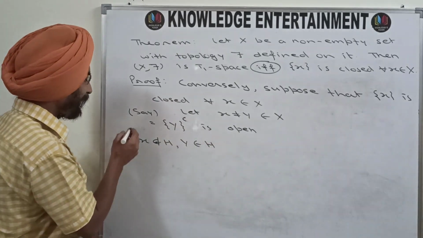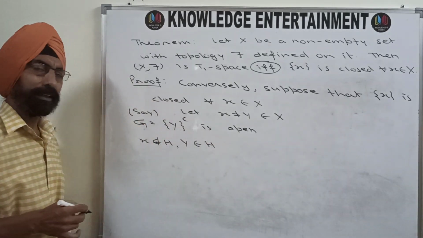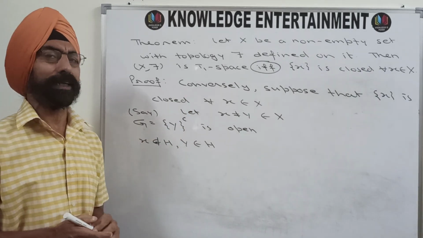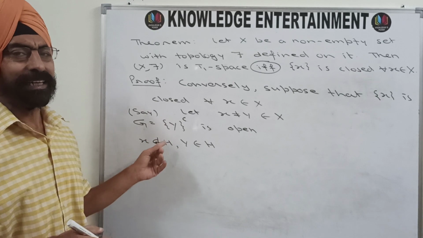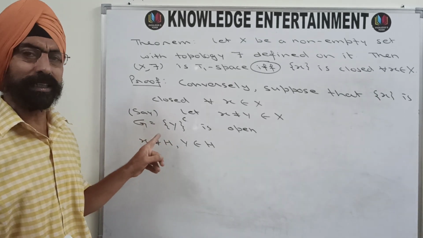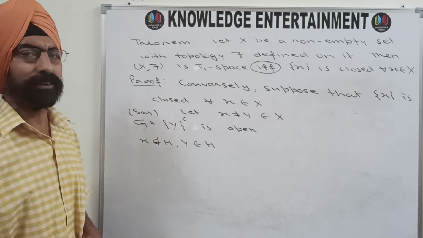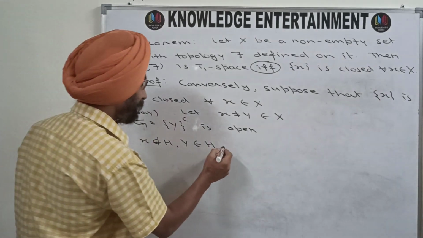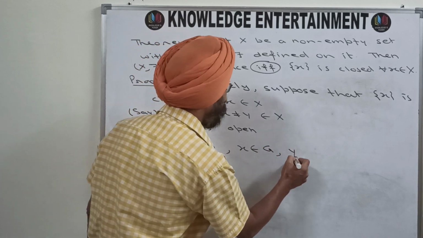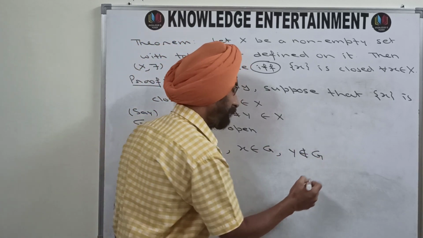So singleton set Y complement is open. Name it as G. Now this is singleton set Y complement. That means it will contain everything other than Y. That means Y will not be in the set, but every other element will be in the set. That means X will be in the set G, Y will not be in the set G, and G is